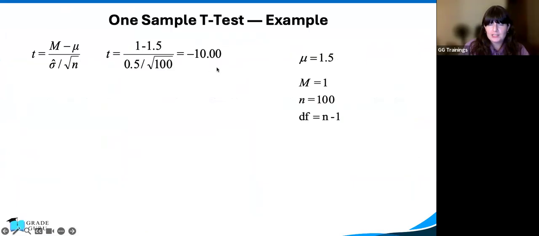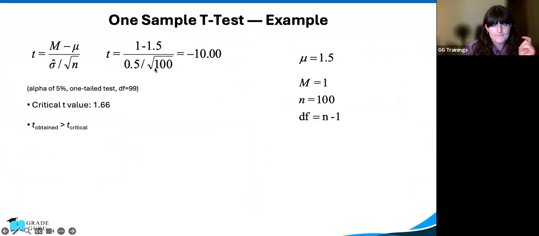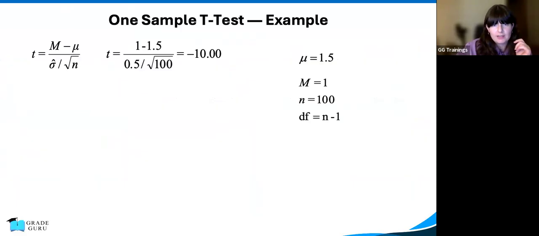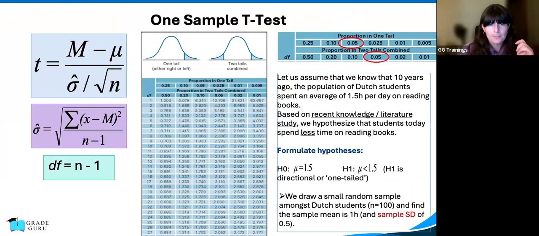Okay, your T obtained is -10. And I told you, when you have a test statistic that's negative like that, we just treat it as 10. Okay, cool. We need to find our critical value. Okay. When we go into the T table, we're going to find a critical value of 1.66, which, let me see if I can find it for you actually on this slide. Okay. Oh, I know what. Okay, so it's not on this particular T table, but our degree of freedom would be 100 minus 1, which is 99. And if we have a look at the T table,